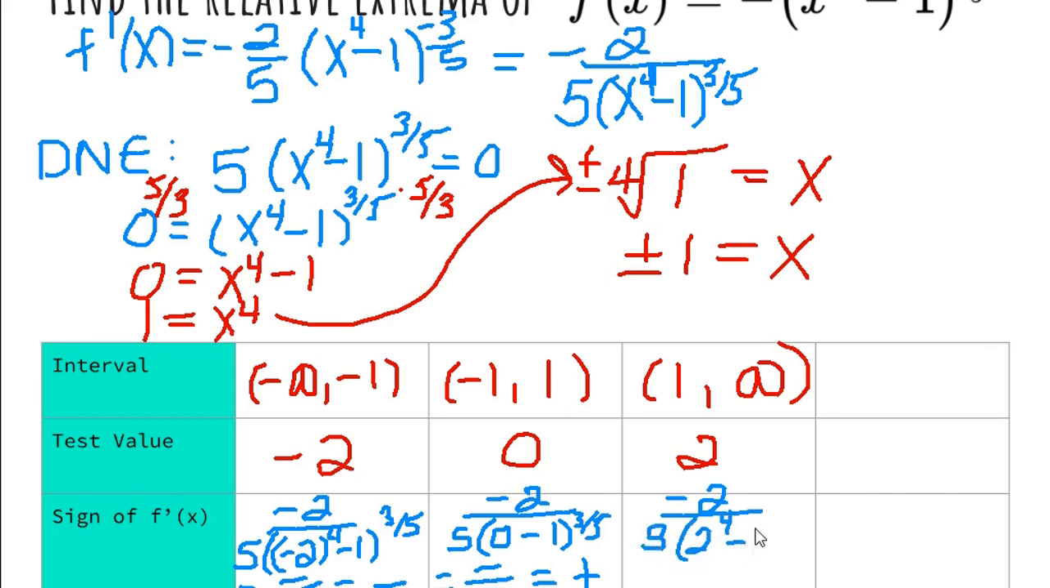So I have 2 to the 4th minus 1 to the 3/5. Well, that's something positive. So I get a negative over a positive, which is a negative. Therefore, it's decreasing. So now I can say that there is a relative